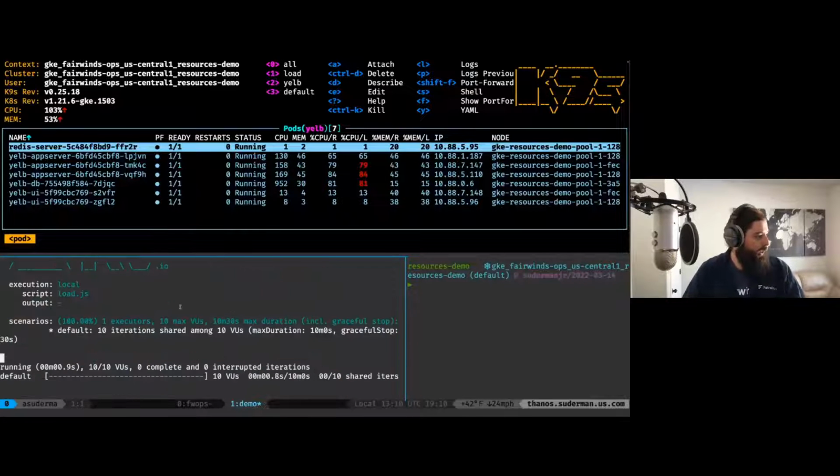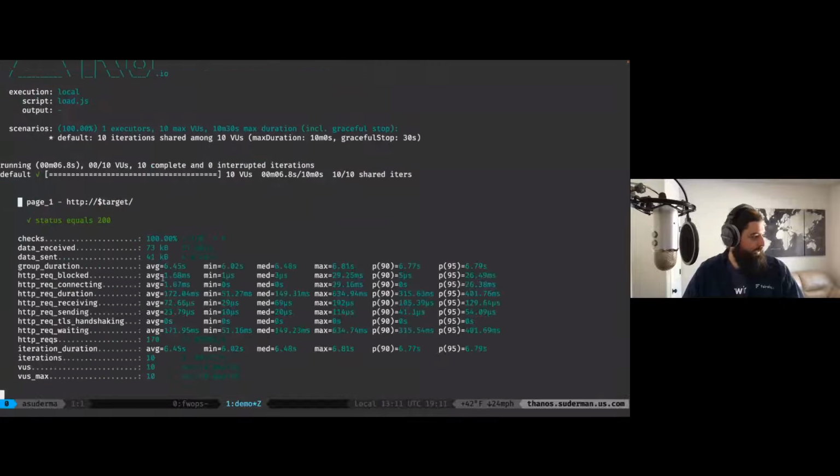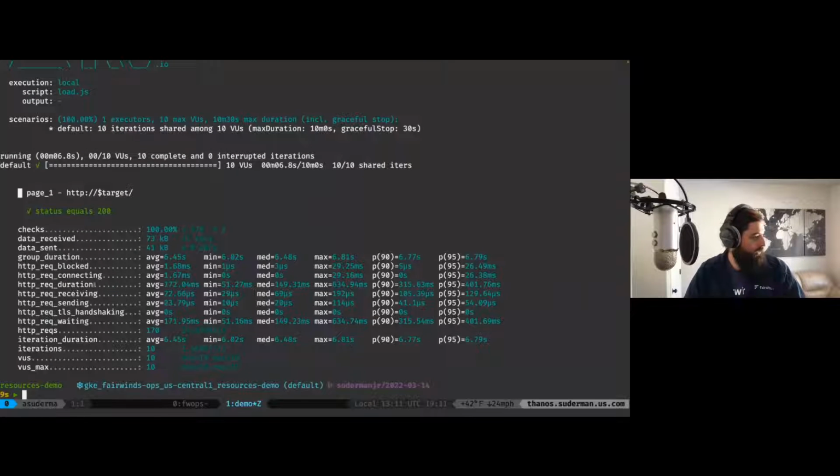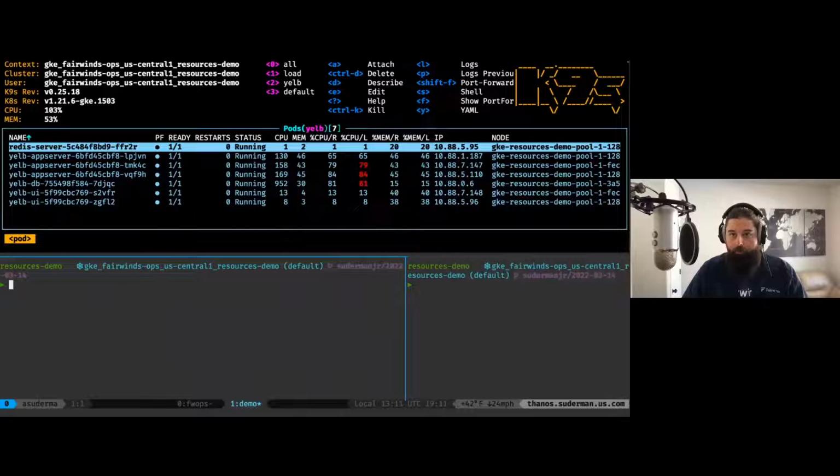We can run our load script. And if we check the stats on that, it should take about 6 to 7 seconds. And our average request duration should be under 200 milliseconds. That's still true. Great. Love to see that. But